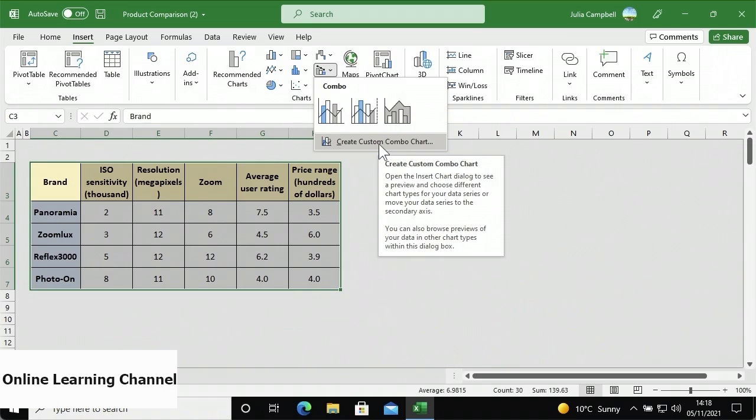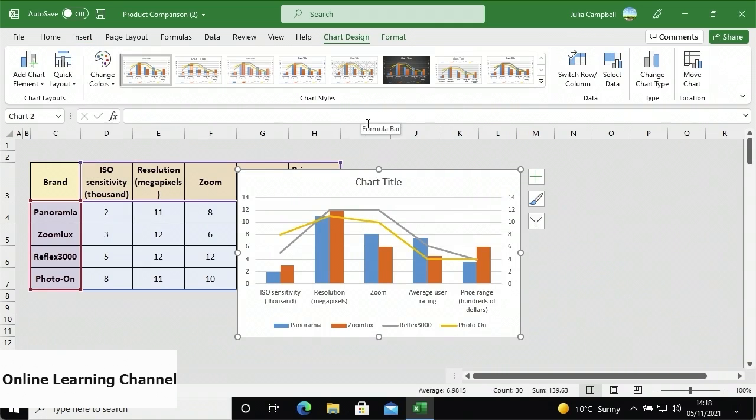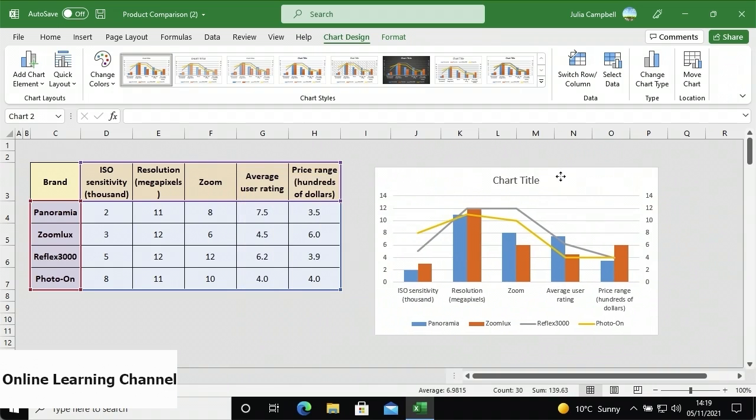This option lets you combine different chart types you want to show in the same chart. I'll select the option Clustered Column Line on secondary axis, and that chart now appears in my worksheet. You can move and resize this chart the same as other charts. To move it, hover over the chart. When the cursor changes to a Move Cursor, click and drag the chart to another